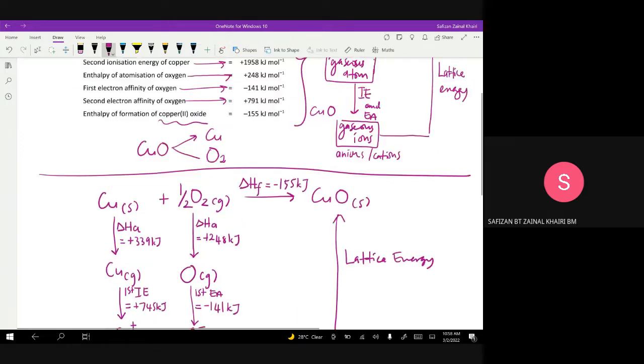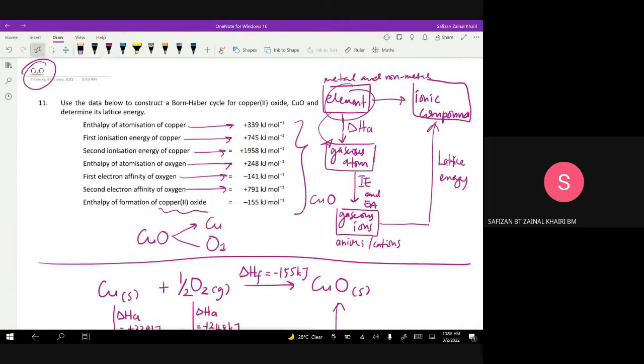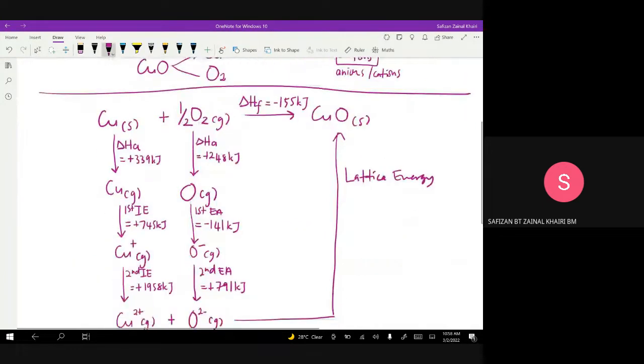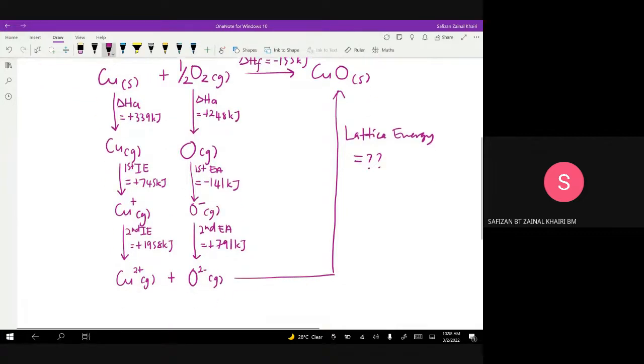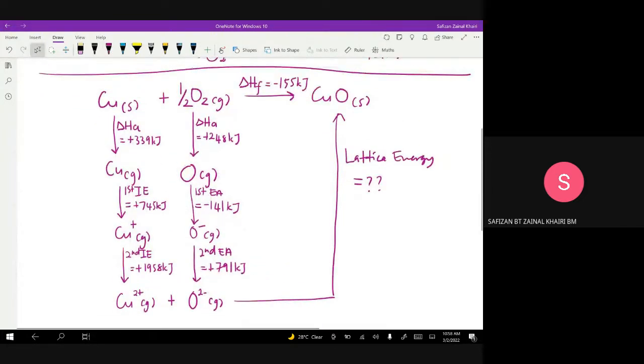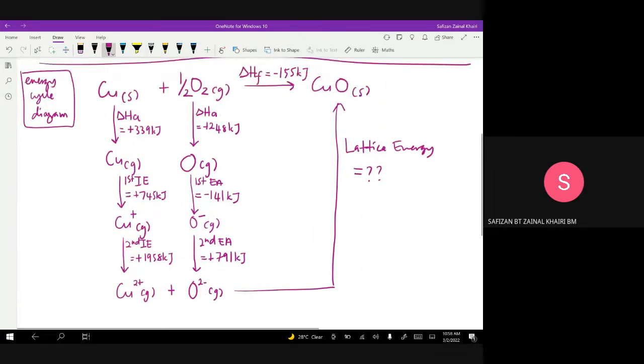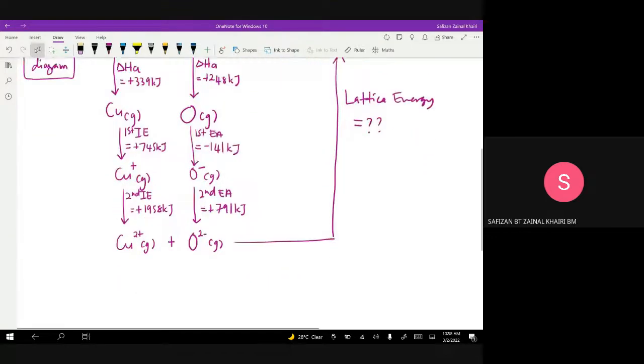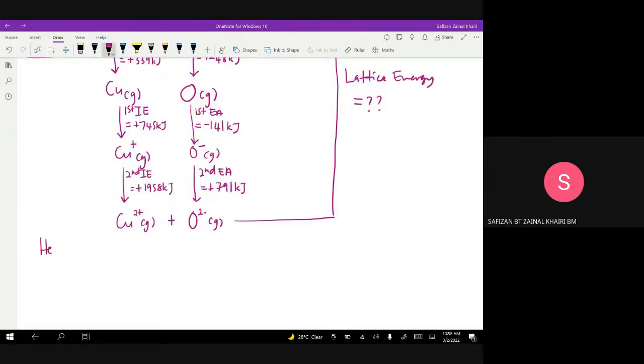So the question is, you have to determine its lattice energy. So what is these values? Alright. So next, to determine the lattice energy, you apply the Hess's law. So this is the Born-Haber cycle dalam bentuk energy cycle diagram. Seperti yang kamu dah gunakan untuk energy cycle yang lain, bila kamu nak kira sesuatu enthalpy dalam energy cycle tersebut, kita akan apply Hess's law. Okay, from Hess's law,